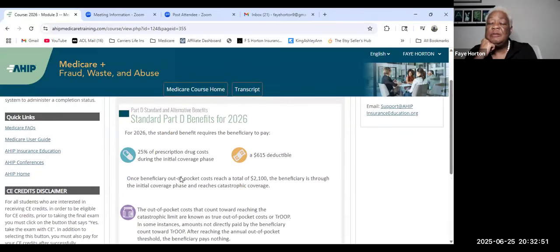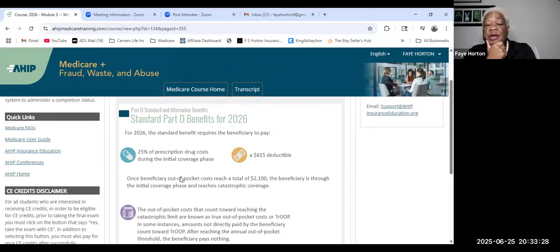This is the standard Part D benefit for 2026. For 2026, the standard benefit requires the beneficiary to pay 25% of prescription drug costs during the initial phase with a $615 deductible. Once the beneficiary out-of-pocket cost reaches a total of $2,100, the beneficiary is through the initial coverage phase and into